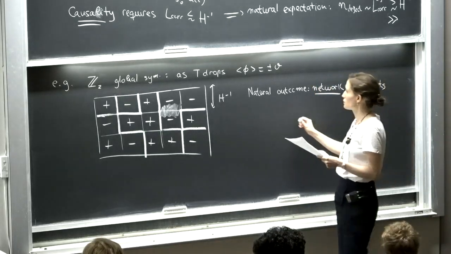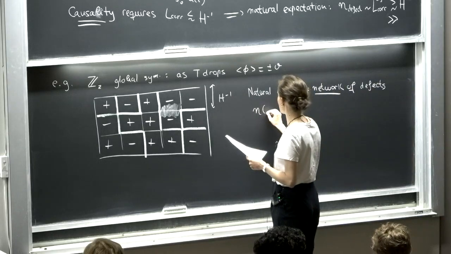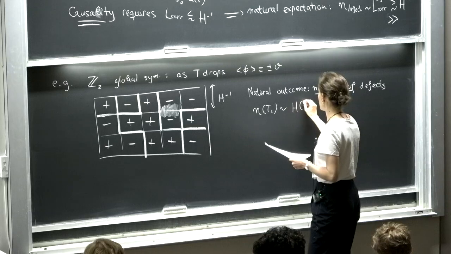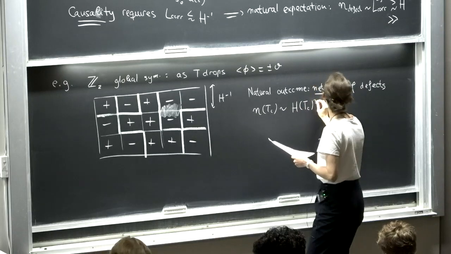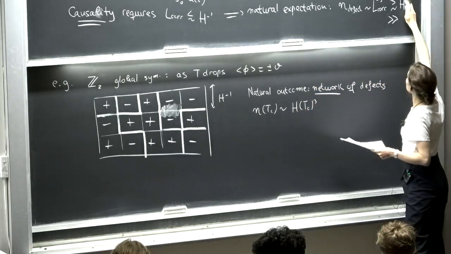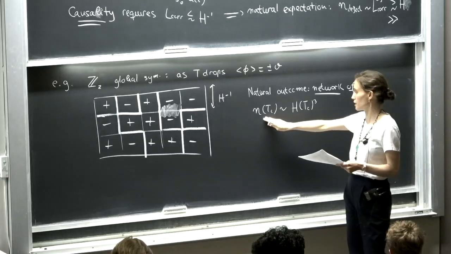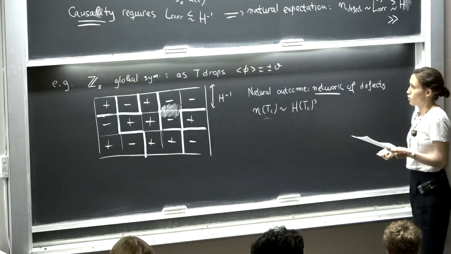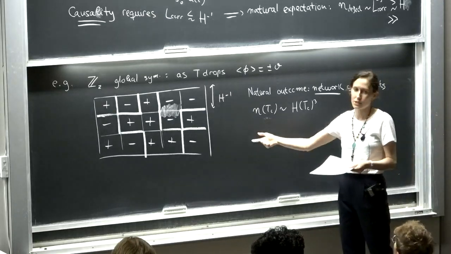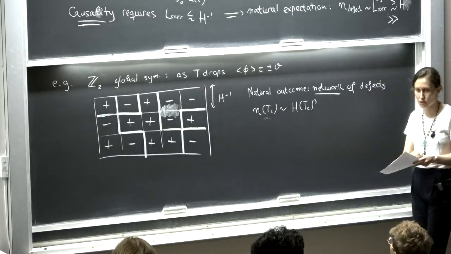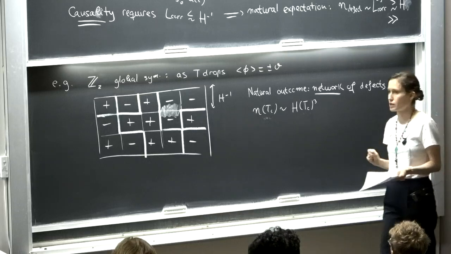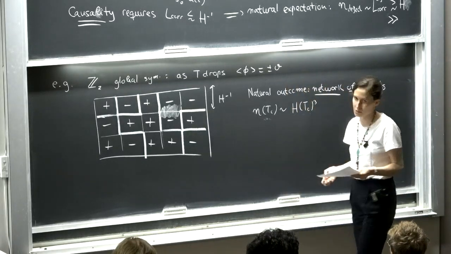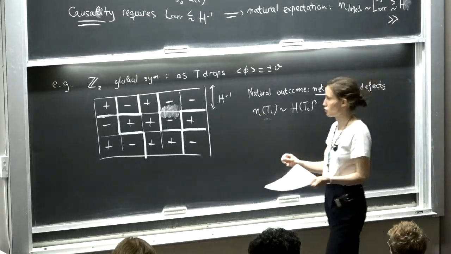So at the time of the phase transition, let's call it T critical, we might expect a number density of defects of order Hubble cube. What happens later on? How does this network evolve as the temperature further cools down and the universe expands? You can do something very naive, which is, you know that